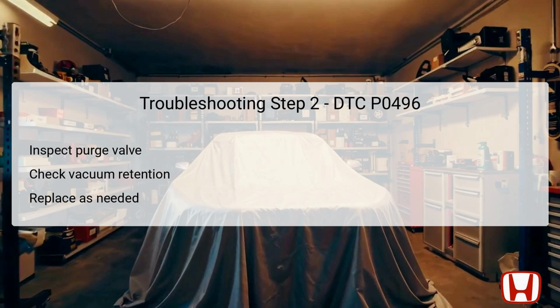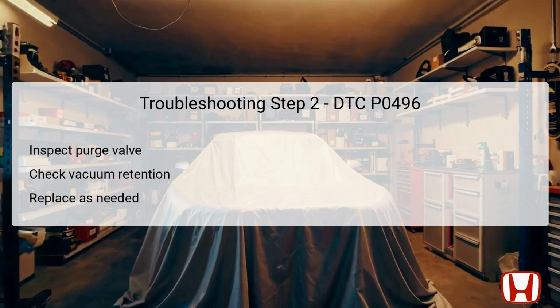In the second step, the technician systematically checks the EVAP canister purge valve. This involves disconnecting the vacuum hose from the valve and connecting a T-fitting alongside a vacuum gauge and a vacuum pump for accurate measurement. The technician will then apply approximately 2 kilopascals, kPa, which is about 0.6 inches of mercury, inHg, or 15 millimeters of mercury, mmHg, of vacuum to the purge valve to evaluate its ability to retain